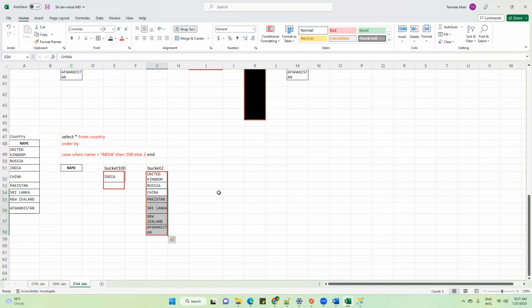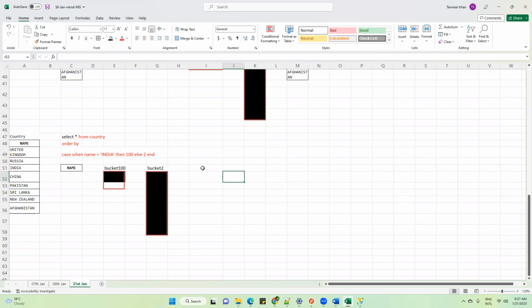So far, is this clear? Yes. Now you are telling the SQL engine to sort in which order, ascending or descending? Ascending order. In ascending order, now these buckets are like black boxes. Which bucket will be at the top?